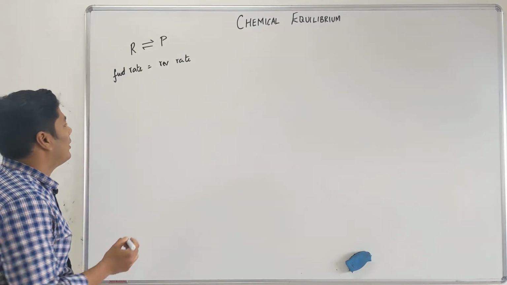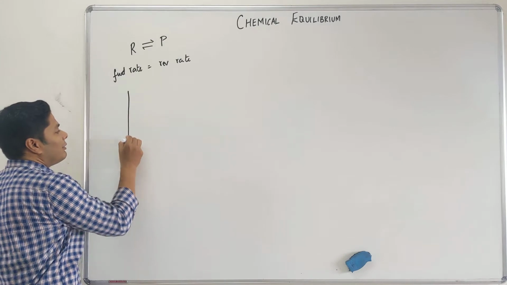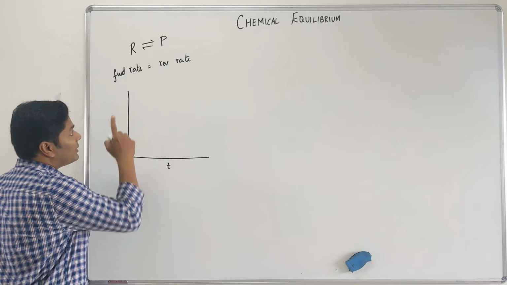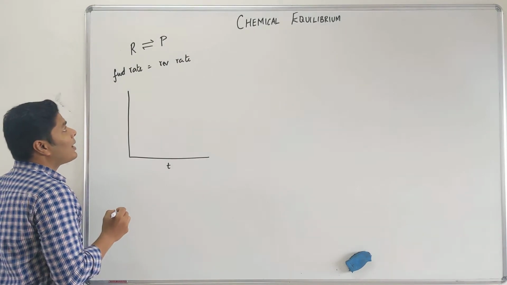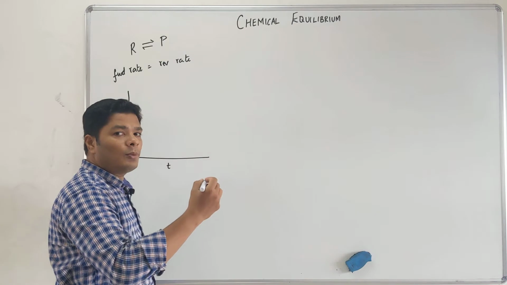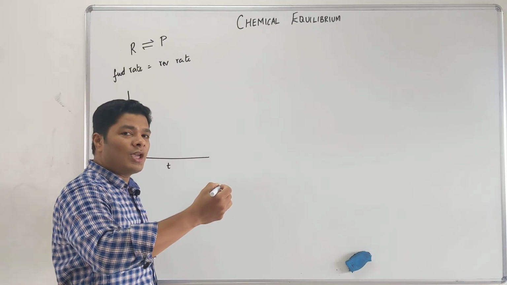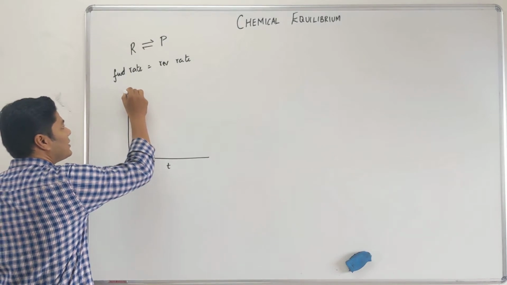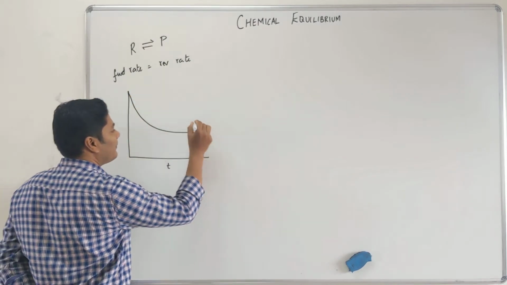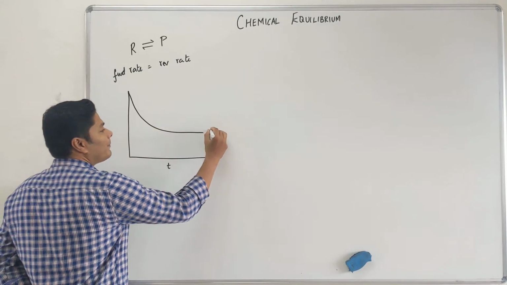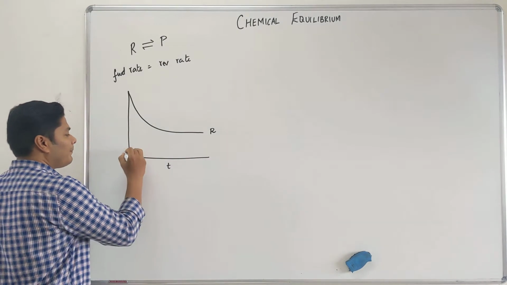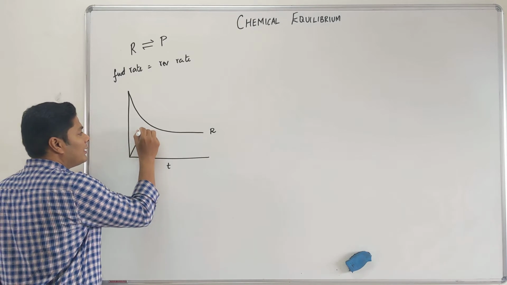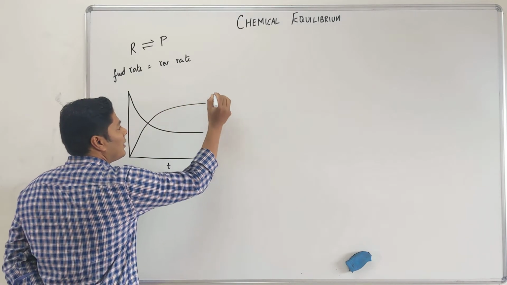Now let's look into a diagrammatic representation of equilibrium. This is time. I start with R, my reactant. It is very high and it will get converted to my products. As time goes on, initially it converts more. As you keep going along, it will start going down. So exponentially it will start decreasing in concentration and then it will become constant. And my products, if you see, they are at zero right now and they start forming and then they go over here. This is my product.